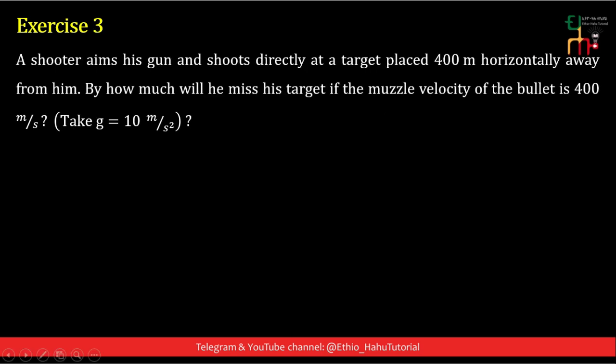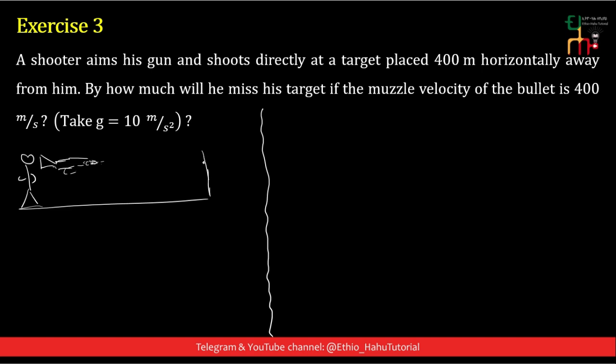The third exercise: a shooter aims his gun and shoots directly at a target placed 400 meters horizontally away from him. By how much will he miss his target if the muzzle velocity of the bullet is 400 meters per second? Here we have a shooter